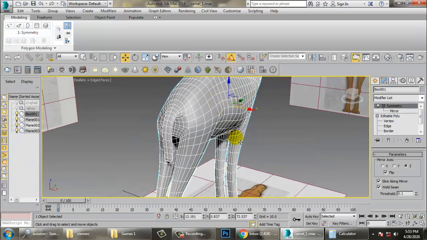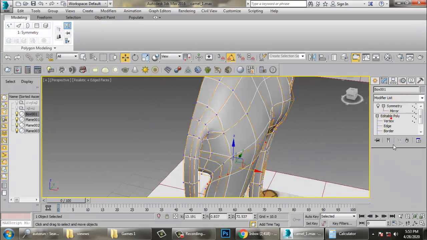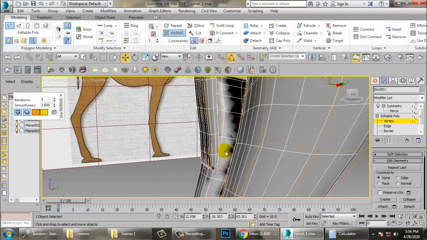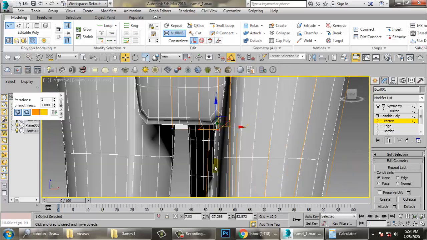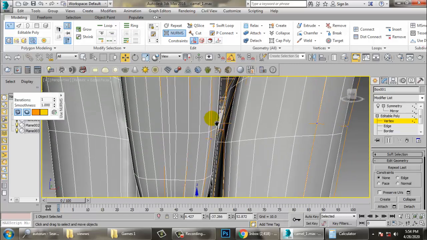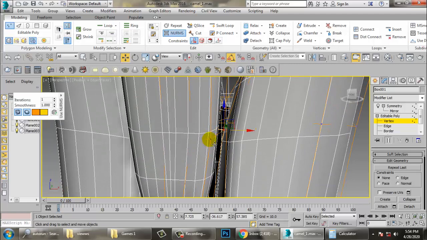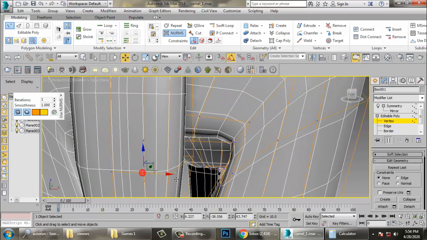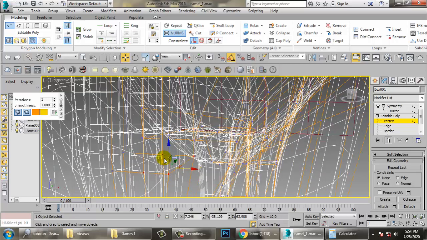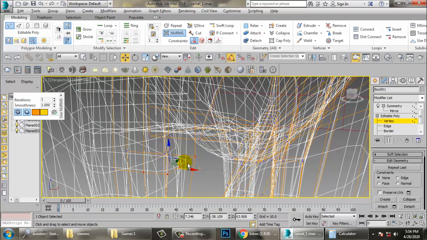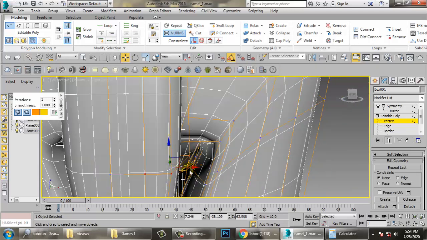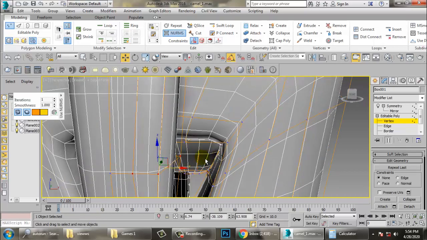So now for the tail part over here, for the tail you can just select this, select this and this and push it inside. Oh, just undo it, sorry. So just push it more inside.